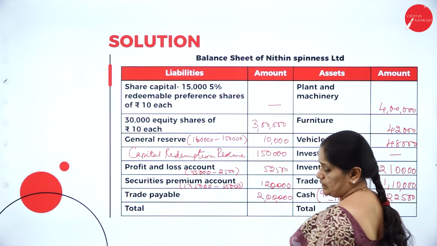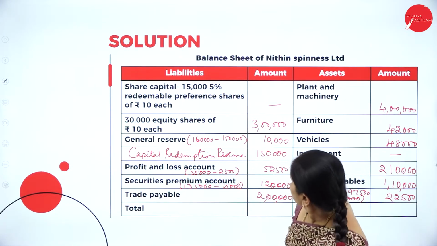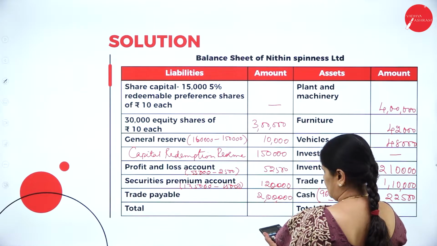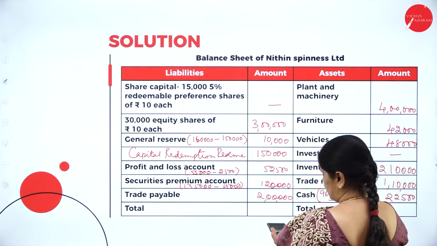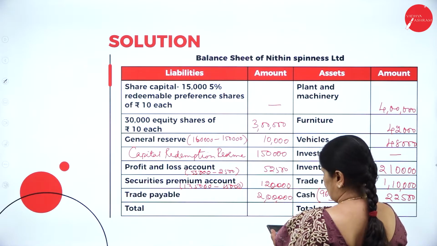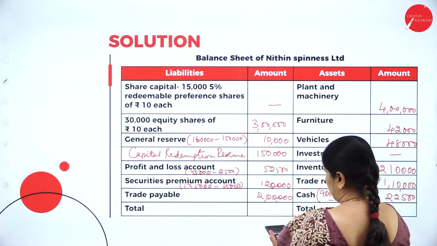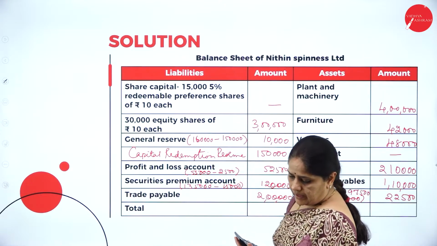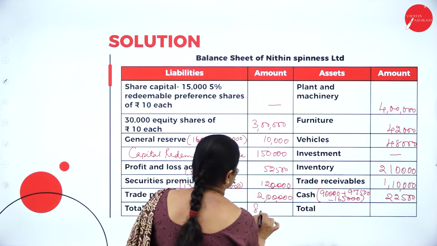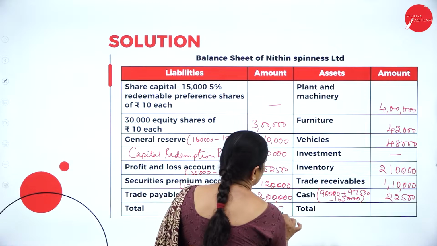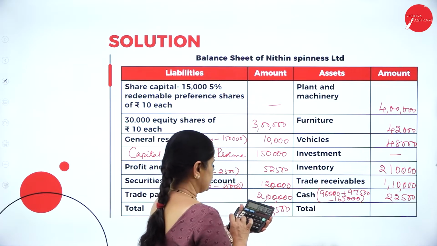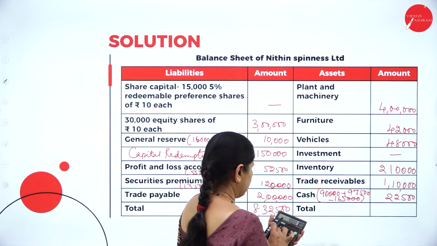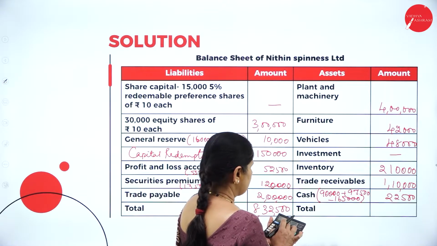22,500. Now the total balance will be 3 lakhs plus 1,60,000 plus 52,500 plus 3,20,000. I am getting 8,32,500. Here also 4 lakhs plus 42,000 plus